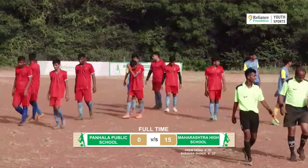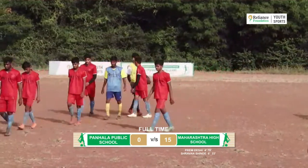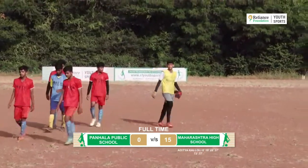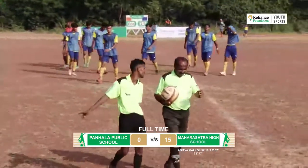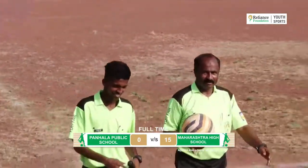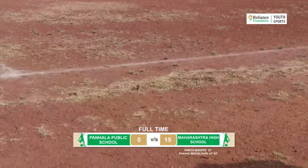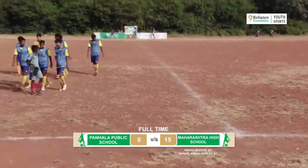That was your semi-final of the tournament. If I had to say one thing to the people who will be facing Maharashtra High School, it's going to be a momentary thing of seeing, in short, a lot of passing plays being done. So be ready to play on the counter attack if you believe that you are better off the ball than on the ball. So yeah,